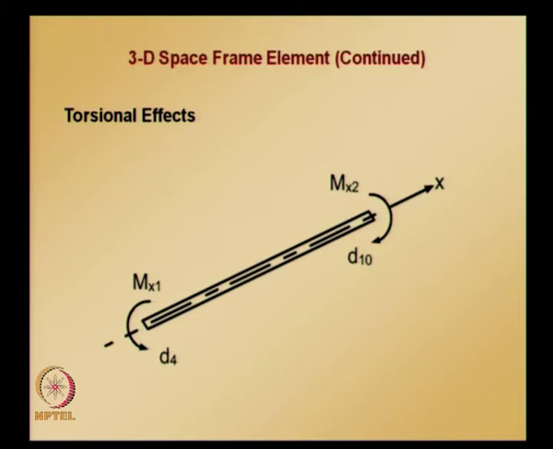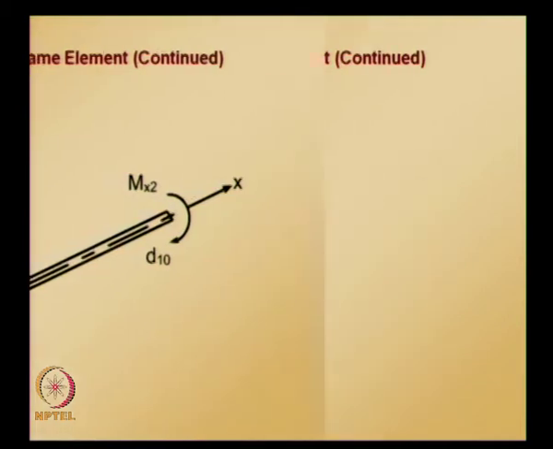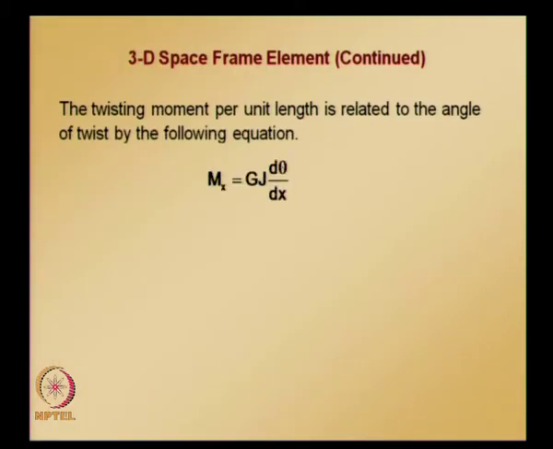We know that the twisting moment per unit length is related to the angle of twist through this equation, where θ is the twist or angular displacement, GJ is the torsional stiffness similar to EI, where EI is flexural rigidity, whereas GJ is torsional rigidity or torsional stiffness, and G is the shear modulus, J is the torsional constant, sometimes denoted